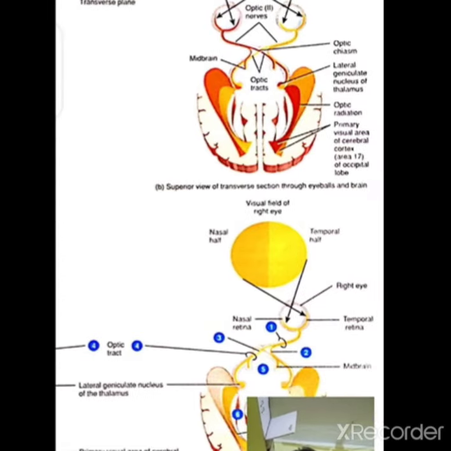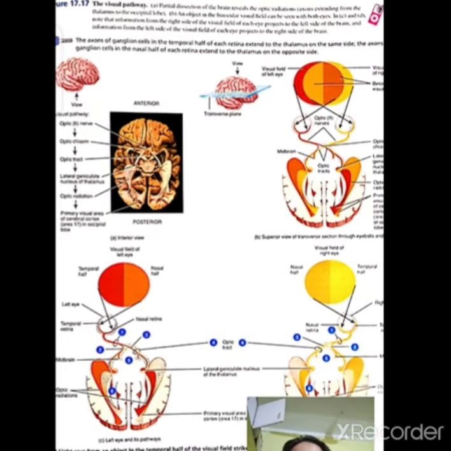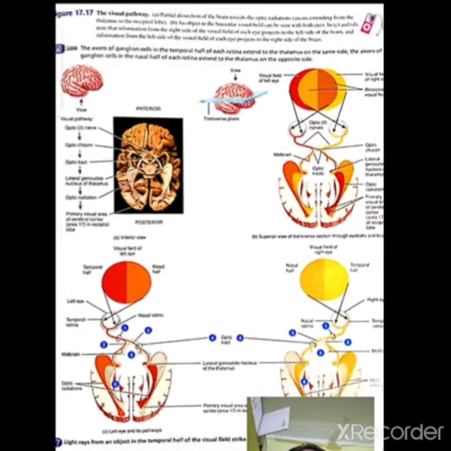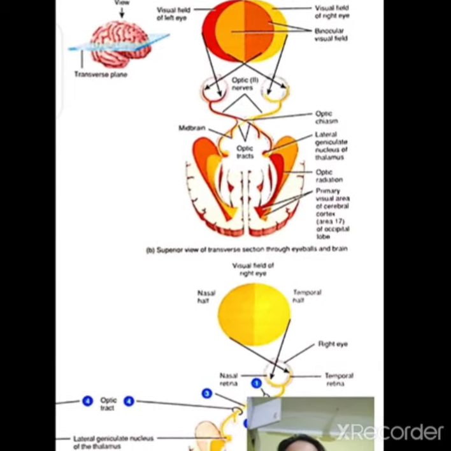The lateral geniculate nucleus on the left side is of the thalamus, and the primary visual area of the cerebral cortex is in this area. You can see this is of the right eye and this is of the left eye in this mode, and the combined view is shown here. This is about the optic